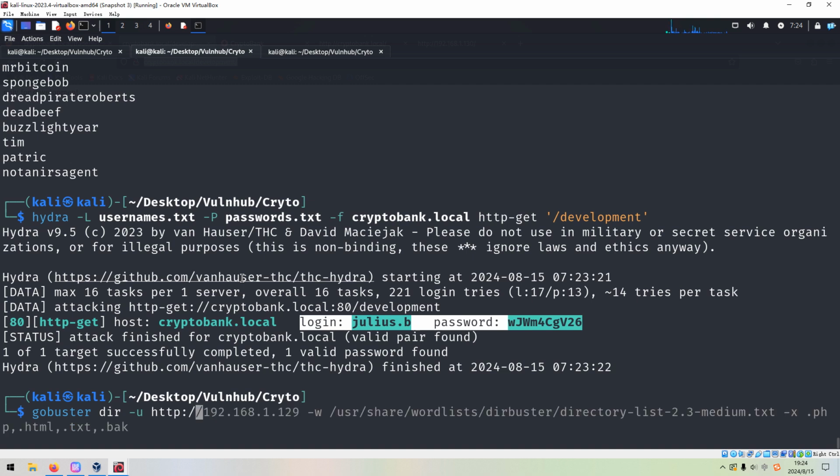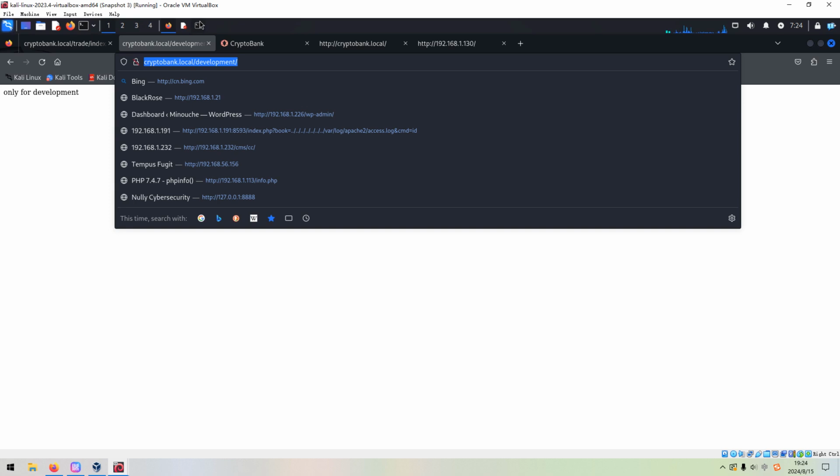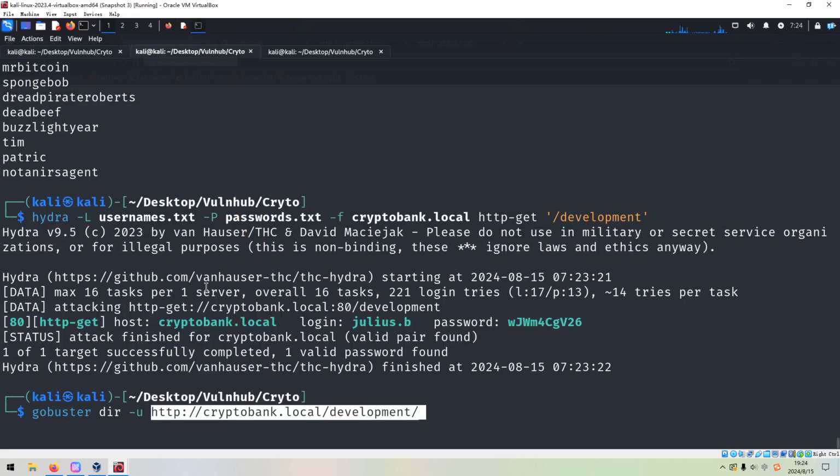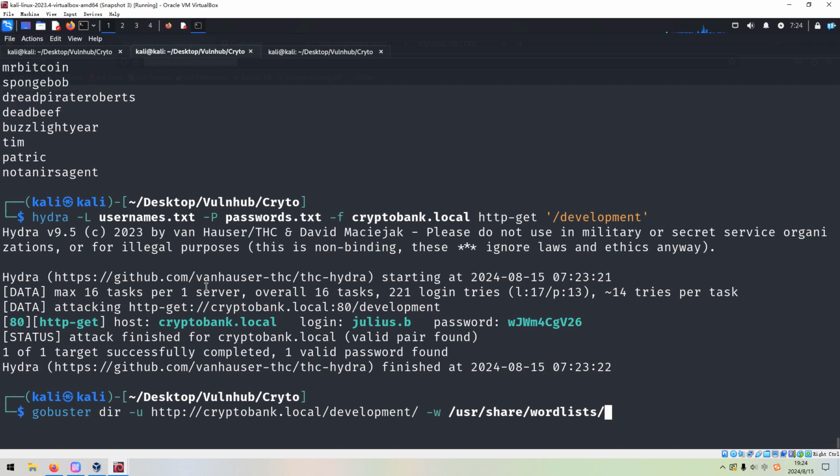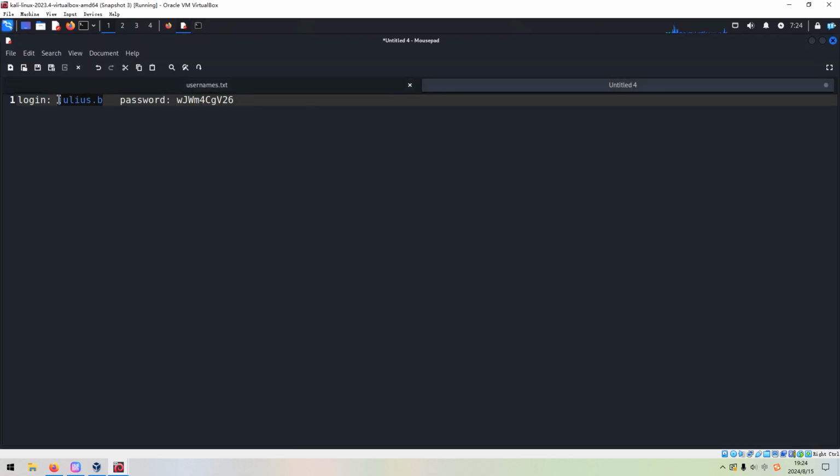Maybe we can copy the URL from the browser, and we can use the -w option to specify the word list of the directory for GoBuster directory. Because we are required to submit the username and password, the username we can copy from the notebook.